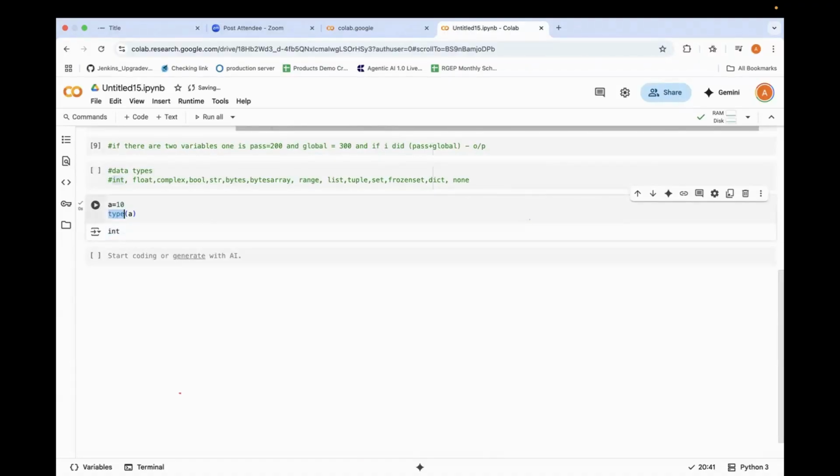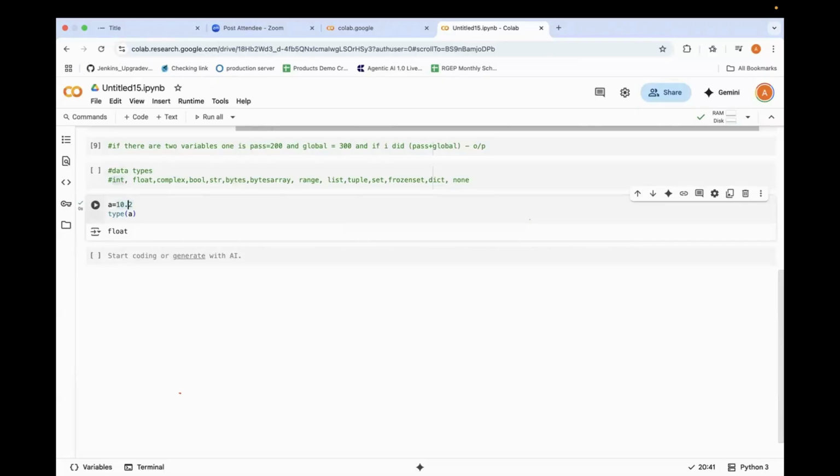This is called int. Now, second is float. If I put 10.2, it will automatically be float. Anything which has a decimal value will be considered a float.